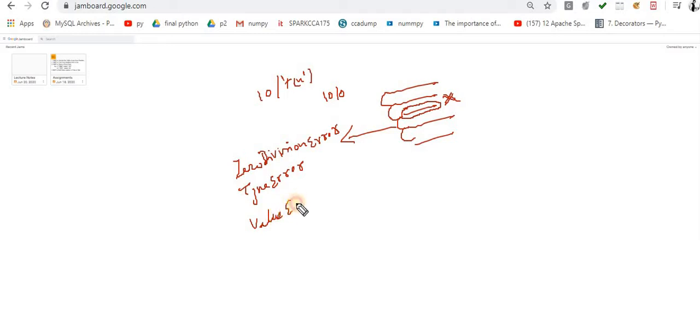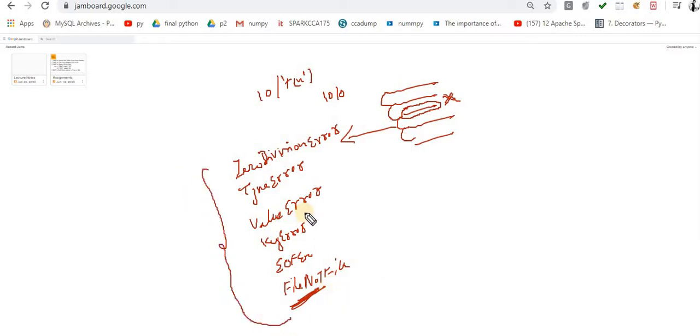Value error, you have definitely seen this error. Key error, you are trying to fetch on a key, but that key is not available in the dictionary, you might have seen it n number of times. Okay, end of file error, EOF error. File not found error. When we do file handling, then we will understand what file not found is. So these are the basic classes available inside Python.